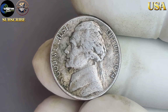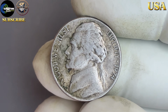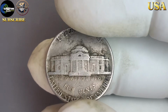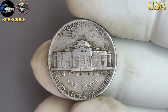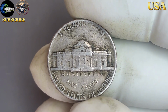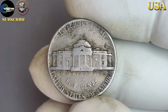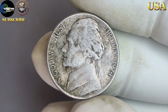These coins have flawless surfaces, strong strikes, and full steps on Monticello, an important grading designation known as full steps. A 1974 Jefferson nickel with full steps and a near-perfect grade can command incredible prices at auction. One of the most exciting moments in coin collecting is when an ordinary-looking coin turns out to be a hidden gem. In recent years, a pristine 1974 Jefferson nickel was discovered in an old collection, later selling at auction for a jaw-dropping